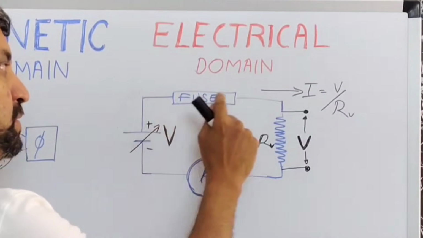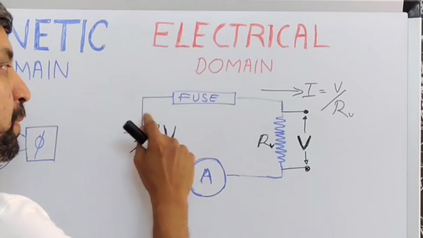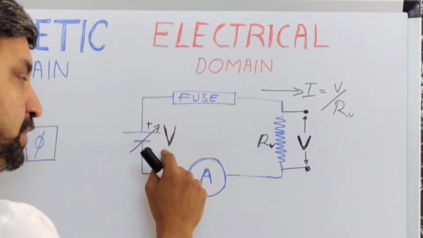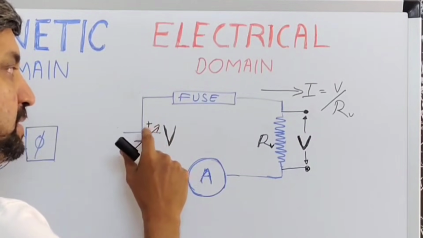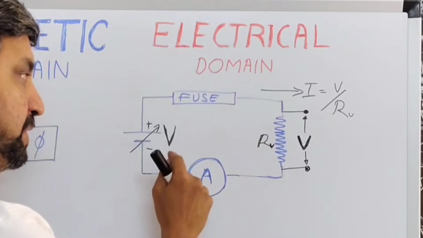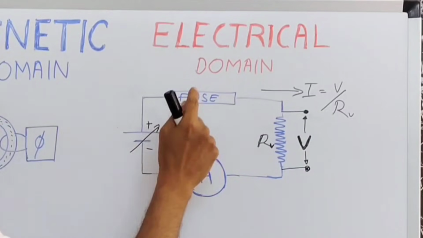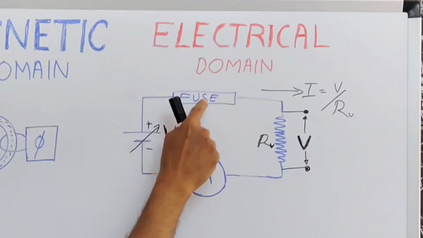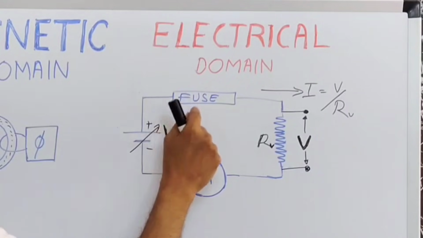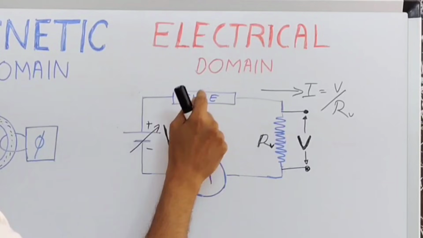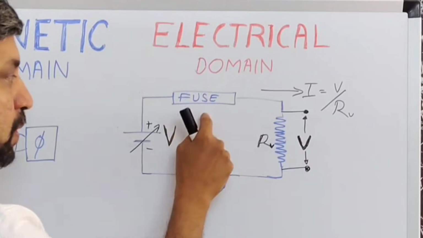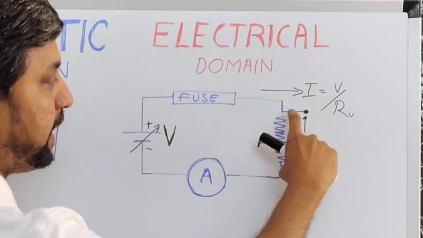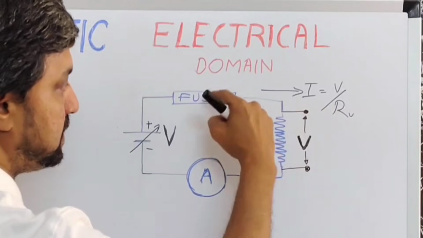The current flowing through the circuit is proportional to the applied voltage, and when you keep increasing this voltage, the current keeps increasing. The maximum current that this circuit can handle is decided by the rating of this fuse. The moment the circuit current exceeds the rated current, the fuse blows off,